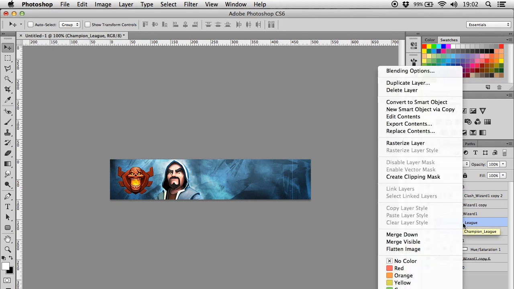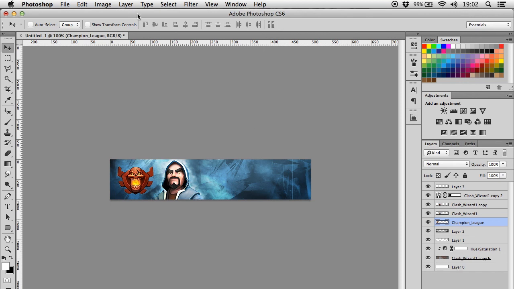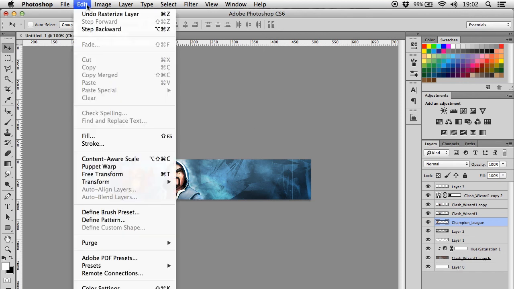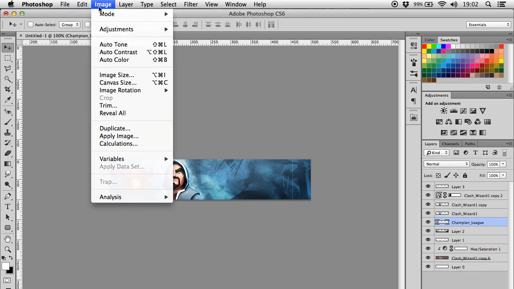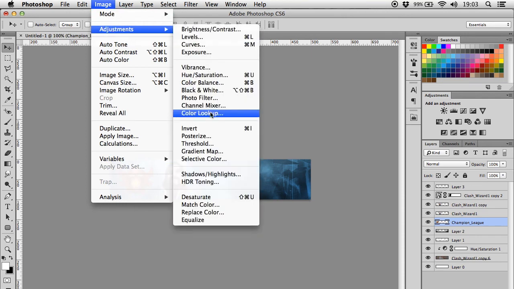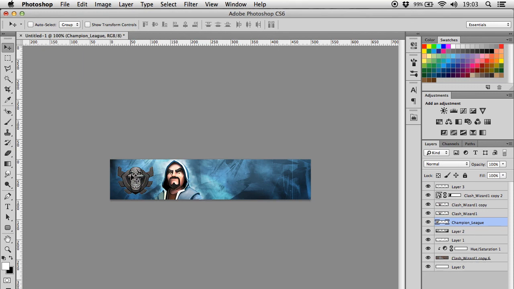Now, right click, rasterize, so I can edit this layer. If you want to desaturate it, make it black and white. So image, adjustments, desaturate, makes it black and white. Now what I could do, I could drag that layer below the color saturation, which makes it the same color. Now it's still a wee bit too dark looking, so Command